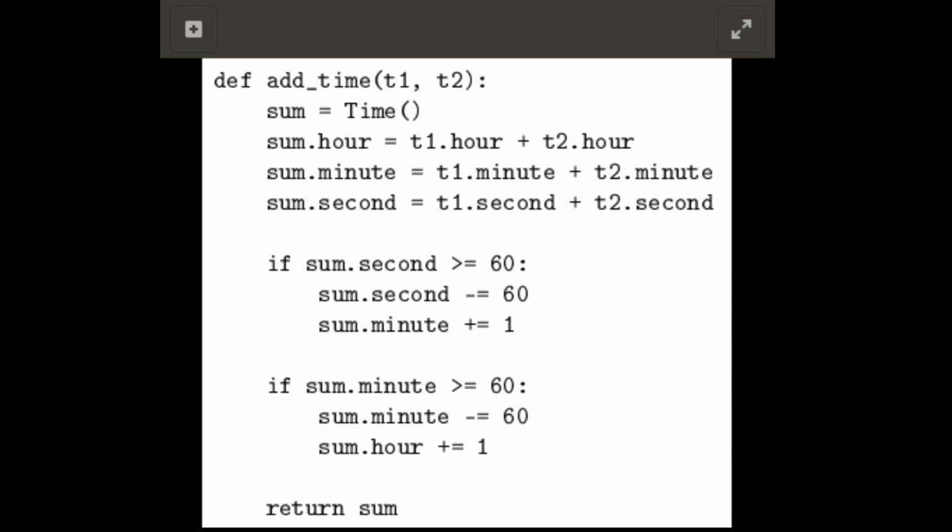It is going to create a new object, and sum dot hours, as usual, is going to add both the hours, but after it is going to add hours, minutes and seconds.